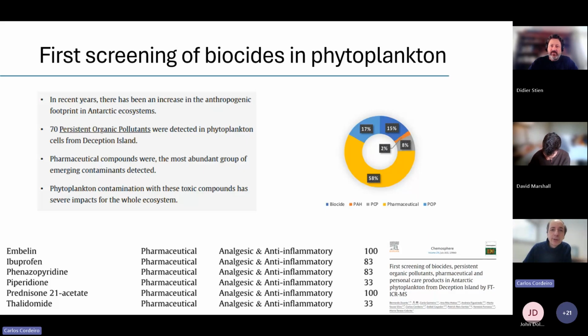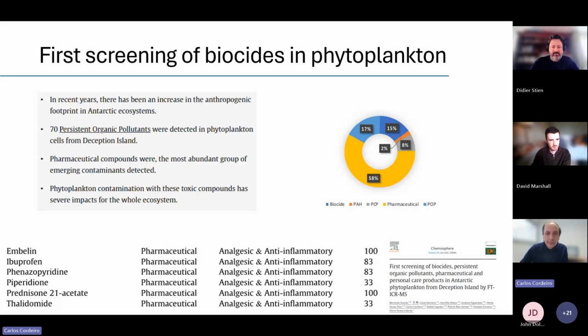And the vast majority of things are actually things of human origin, things like you recognize, like ibuprofen, phenazopyridine, and for example, enbolin. Enbolin is found in all samples that we tested in some cases, so this is the frequency with which we detected. And in some cases, for example, 1/3 of our samples contained thalidomide, which definitely is a highly mutagenic substance and is not something you want to take in tablets, and it's not something that you want to find inside phytoplankton, because if it's in phytoplankton, it's in the food chain everywhere. There will be a dilution effect, of course, but it's there definitely.